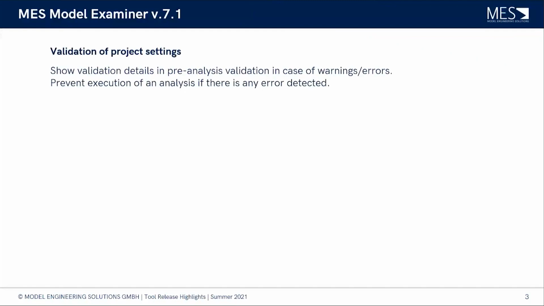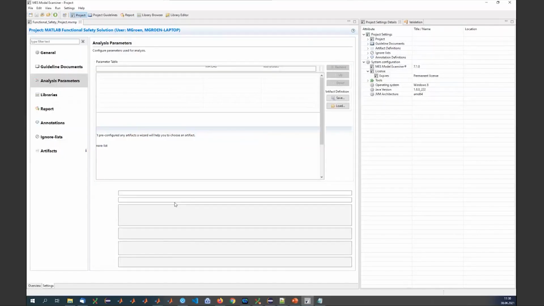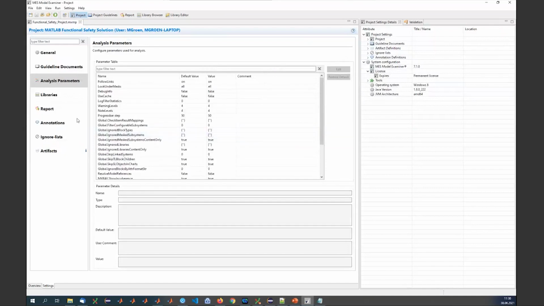In MXAM, there are validation markers to validate your project settings. You can find your project settings here, and before each analysis, these project settings are getting validated. For the result of this validation, there are different types, how these results are getting classified, for example, info or warning and error. So the new feature for this newest release is that in case of a validation warning or a validation error, we get a pop-up when we try to start an analysis, which shows us the validation warnings